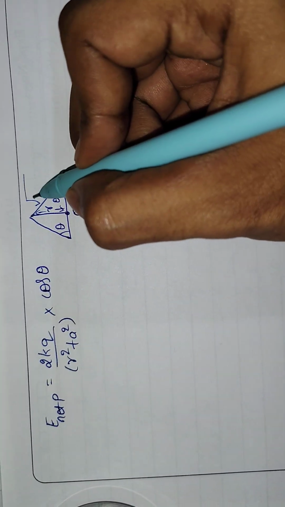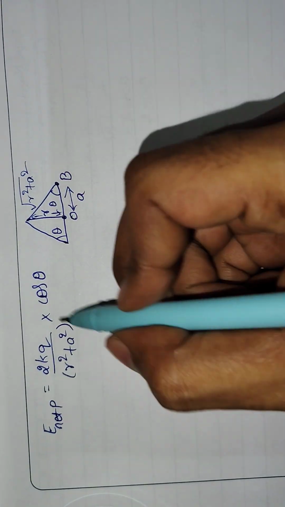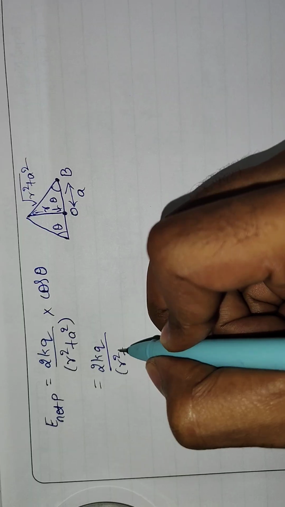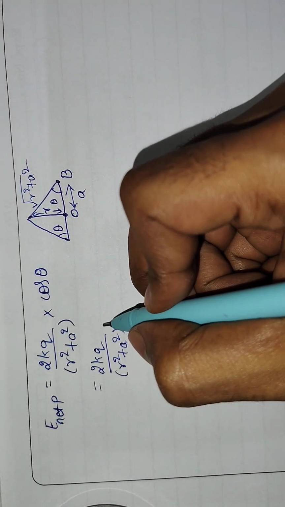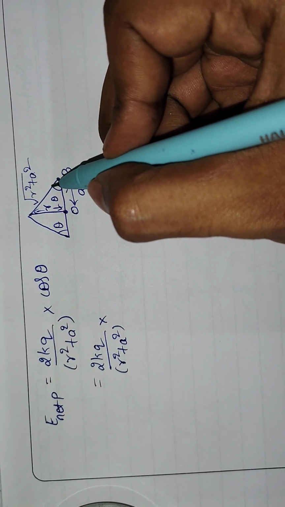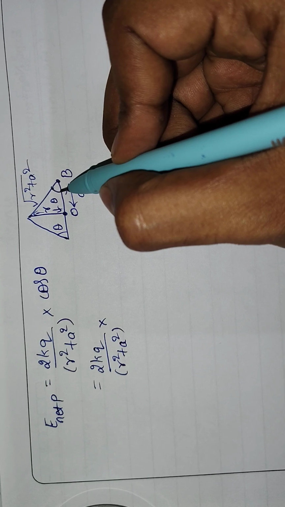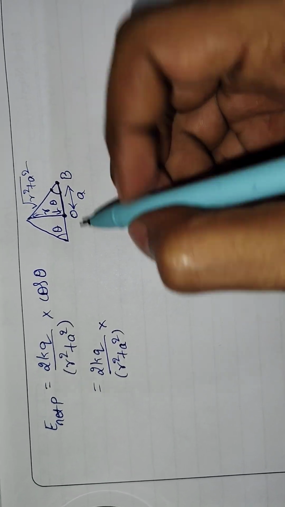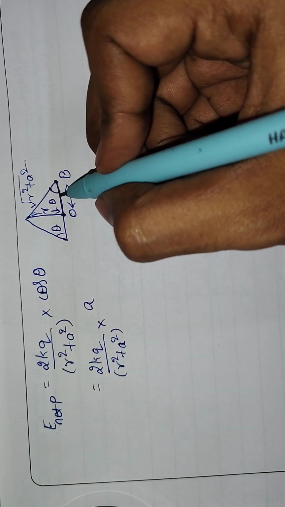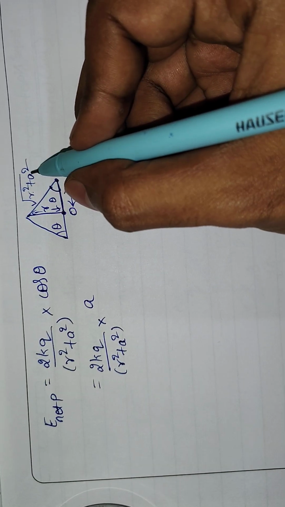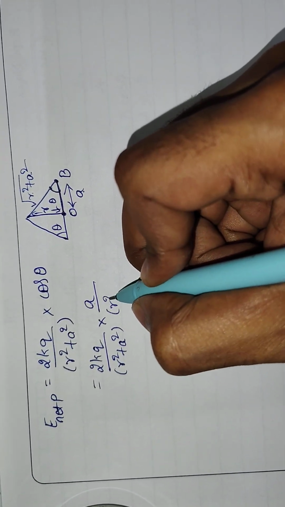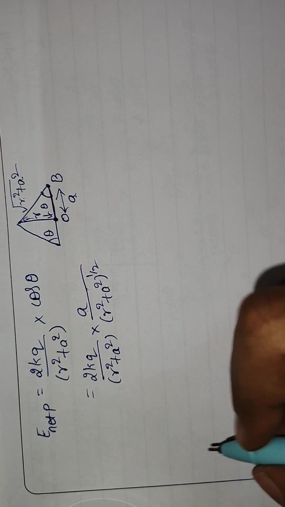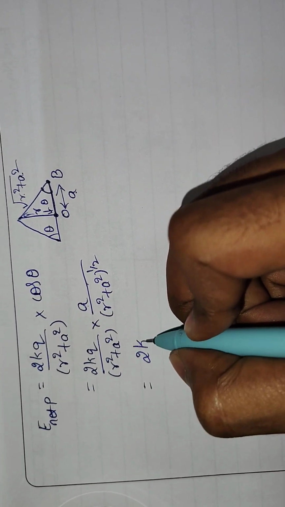What is the length of the hypotenuse? R square plus A square. Now just directly write what is cos theta by looking at this triangle. If this is theta, cos theta is adjacent by hypotenuse. Adjacent is this side OB, the magnitude is A. So A divided by the hypotenuse, which is R square plus A square, whole power 1 by 2. So if you simplify further, you will get